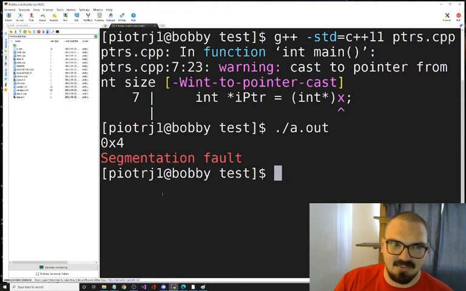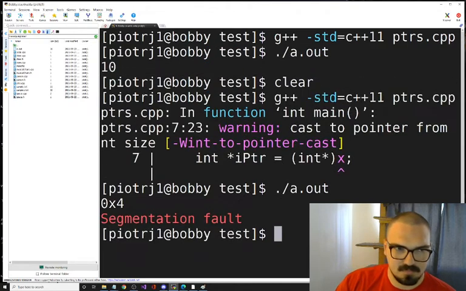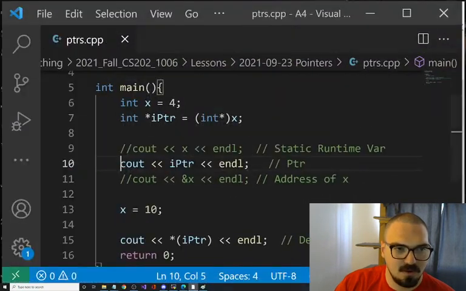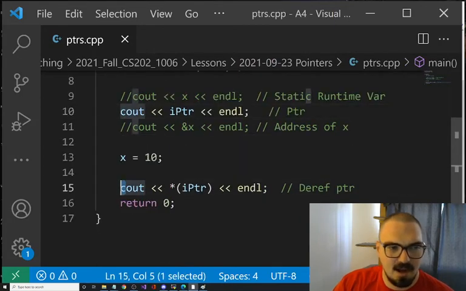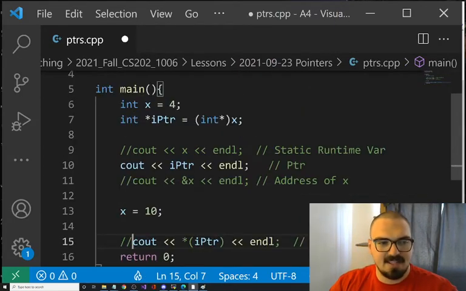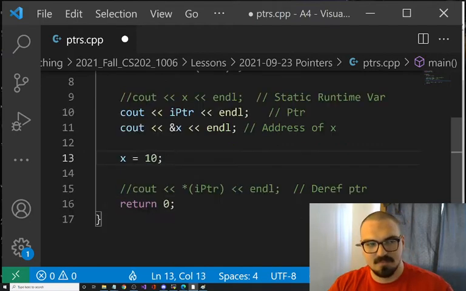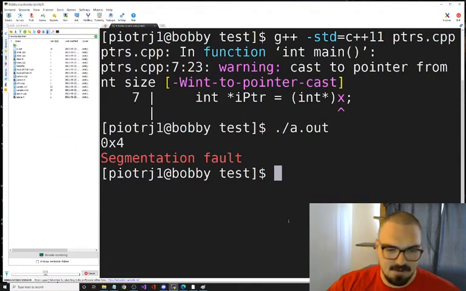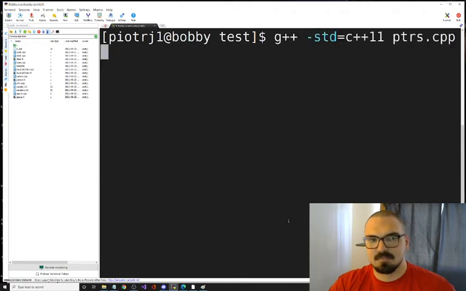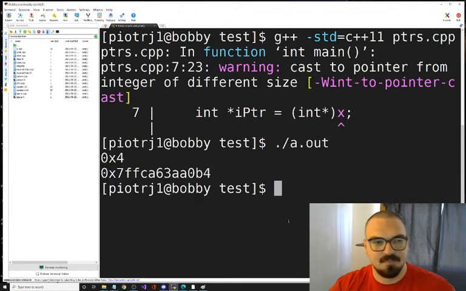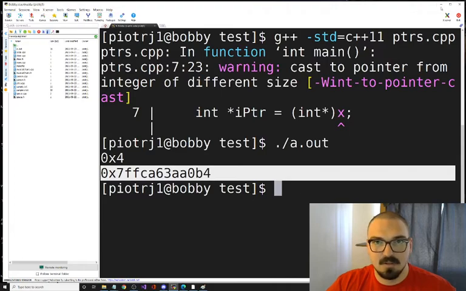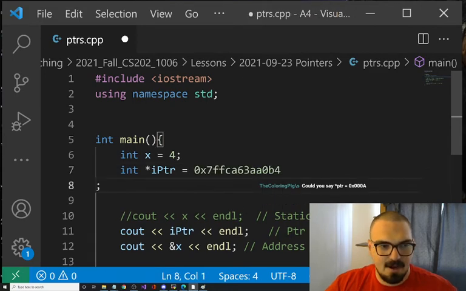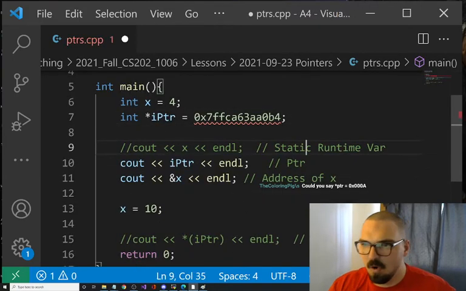Now, if I tried to dereference, say, an address from another program, let's look at this, for example. We'll go over that later. I'm not going to dereference it yet, but let's say I do this. I'm going to grab this address here, and I'm just going to grab it and save it. All right, here it is. I should be able to come up here and say, hey, you are equal to that. Now it should work.